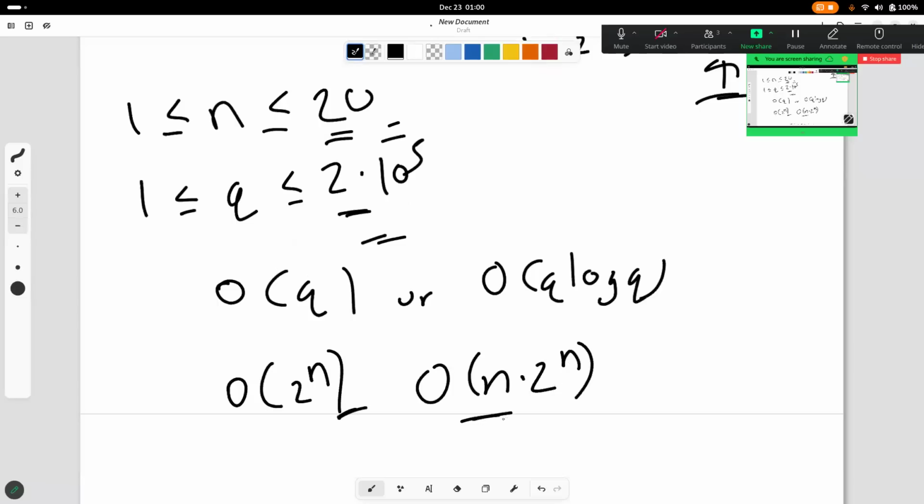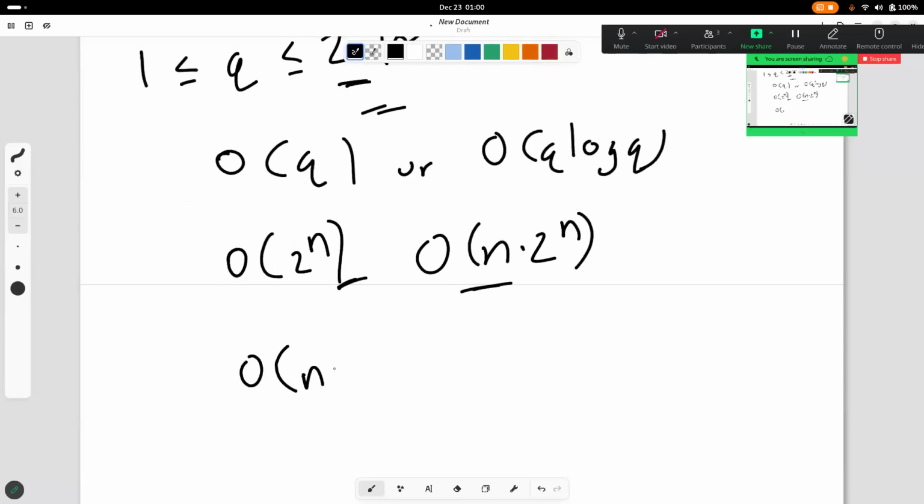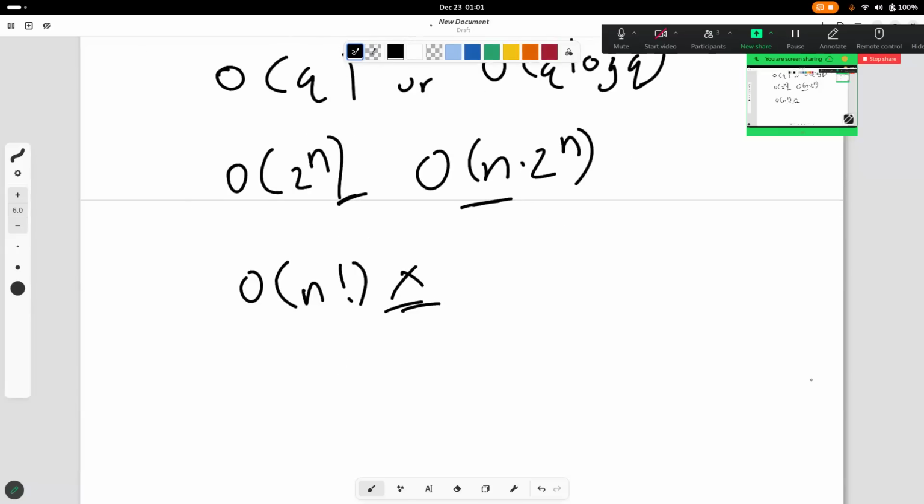So these type of solutions would be fine, but n factorial won't do. You can't really go ahead and just try to brute force through all the different combinations in which you can place the snakes. So that's not allowed. But something like 2 raised to power n or n into 2 raised to power n